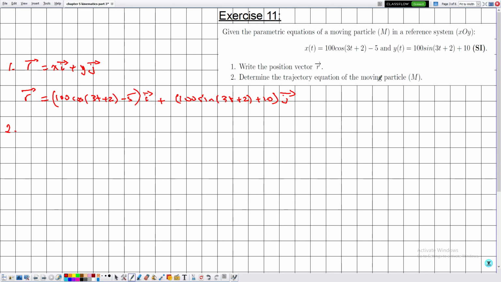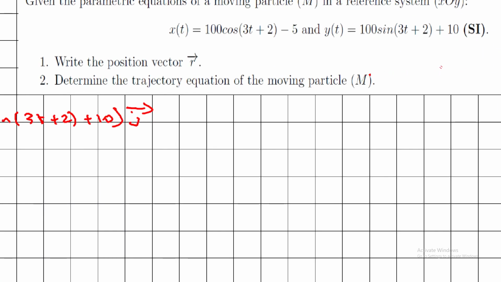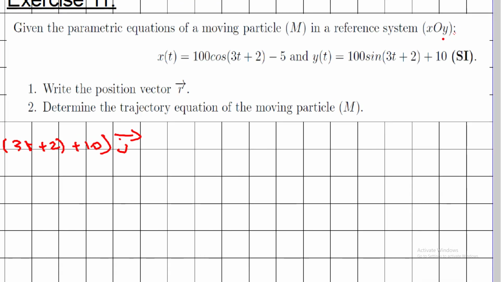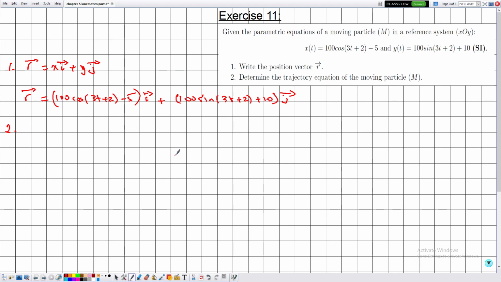Now as for number 2, they are telling me to determine the trajectory equation of the moving particle M. Whenever the parametric equations include cosine and sine, there is a possibility that the trajectory may be a circle. It's not necessarily always true, but in grade 11, whenever the parametric equations include cosine and sine, there is a possibility that the trajectory is a circle. So let's say that x of t is equal to 100 cosine (3t plus 2) minus 5,